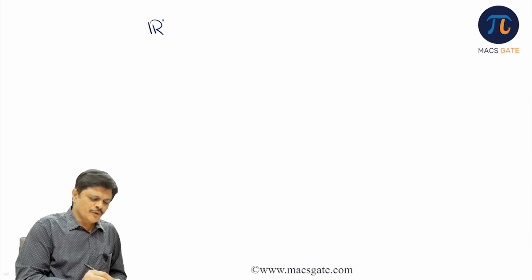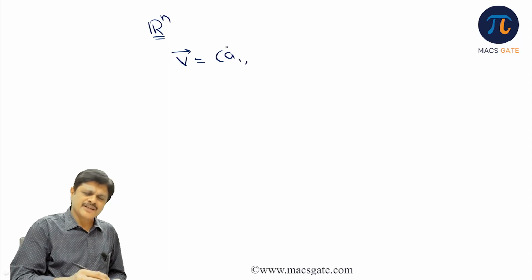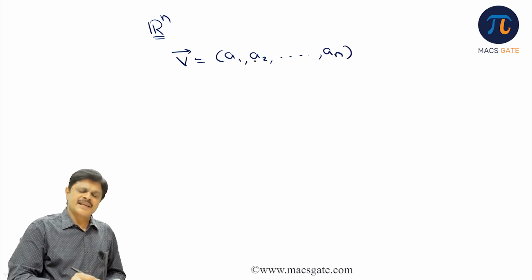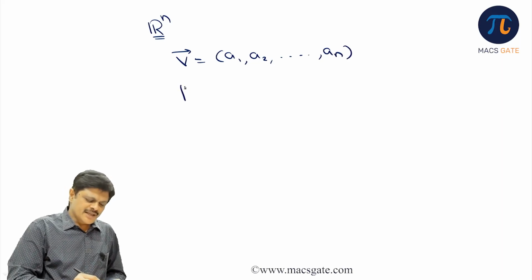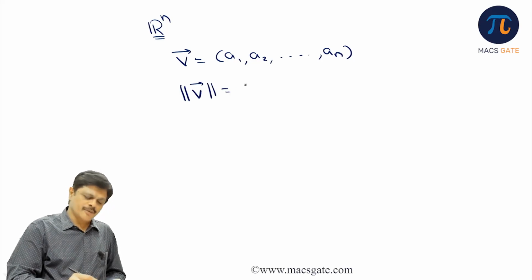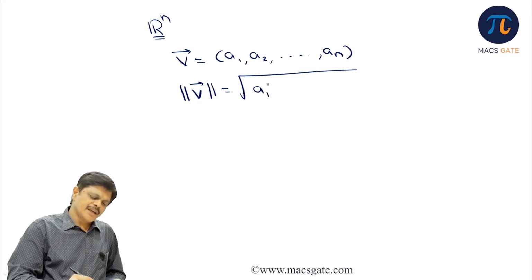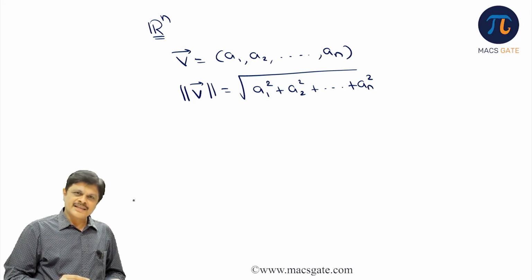Now, we can only show the vectors up to three dimensions. Higher dimension vectors we generalize. Suppose you want to know what a vector in n-dimensional space is. We represent it using components, that is an ordered n-tuple (a1, a2, and so on up to an). These a1, a2, up to an are called components. For higher dimensions, the length is called the norm, and it is represented by the square root of a1 square plus a2 square and so on up to an square. This is called the length of the vector. Is the idea clear?